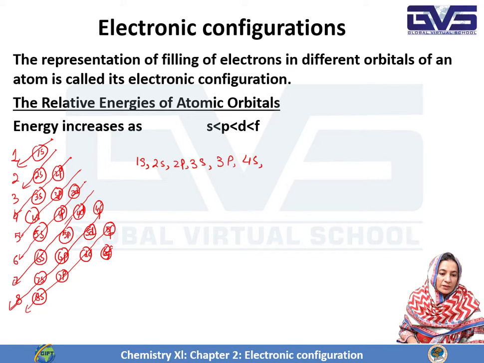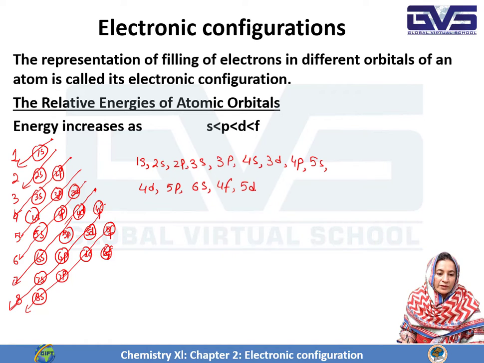Now in this is 3d, 4p and 5s, and then this one 4d, 5p, 6s, and then this one 4f, 5d, 6p, 7s, and then this one 5f,